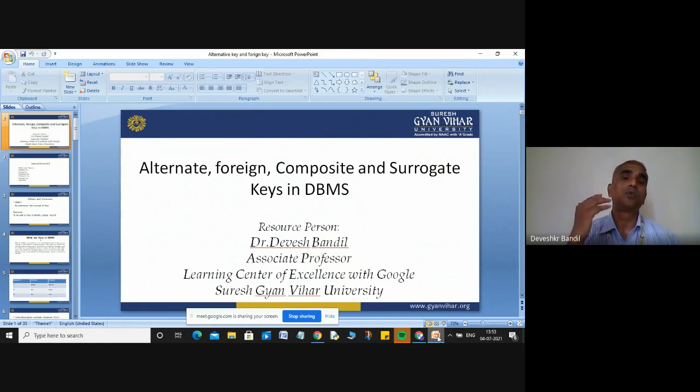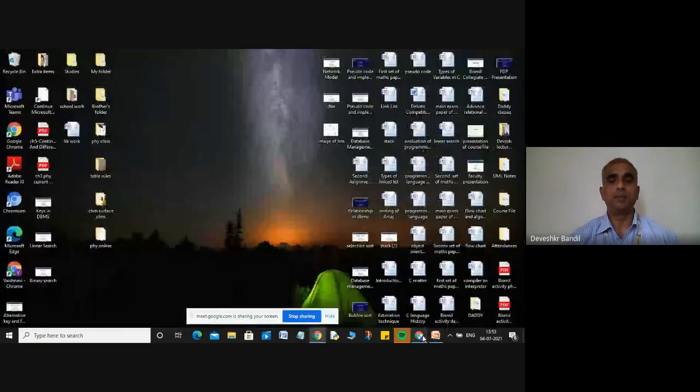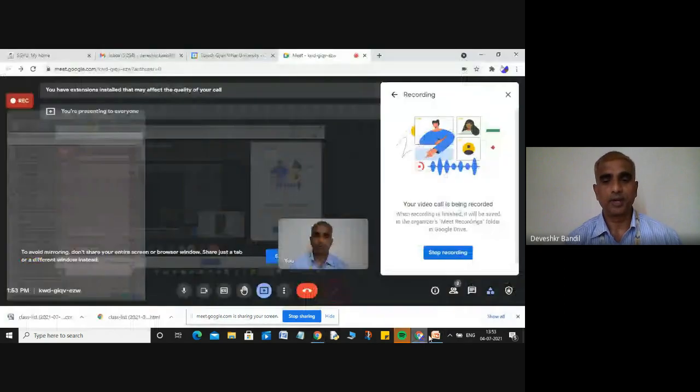Like suppose you are having a table of teachers and you want to search the data of a particular teacher, you can search it through the key. That's why key plays the main important role in your DBMS.